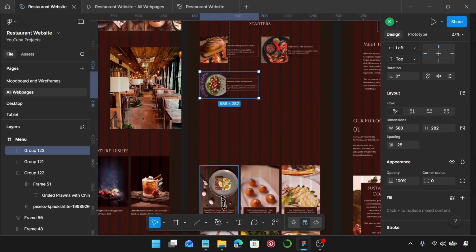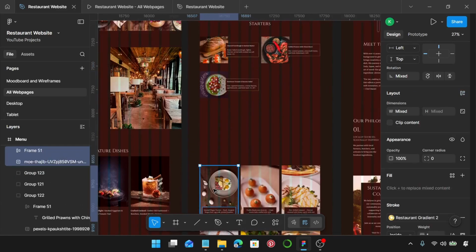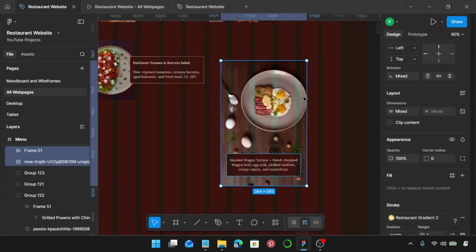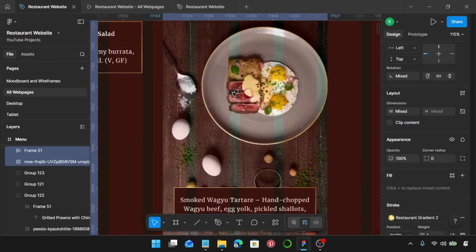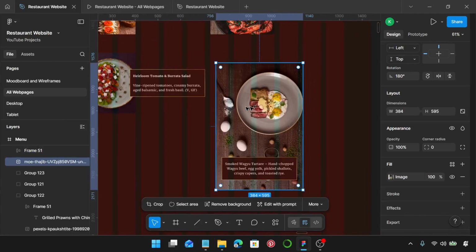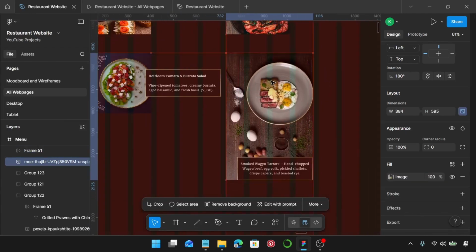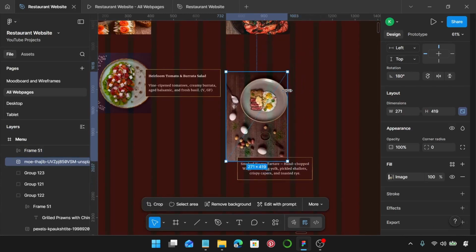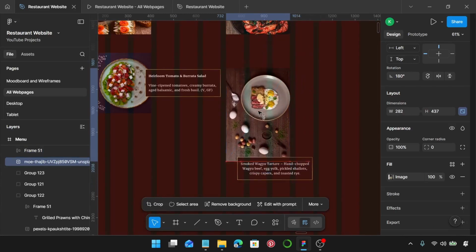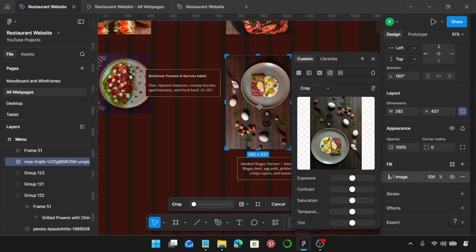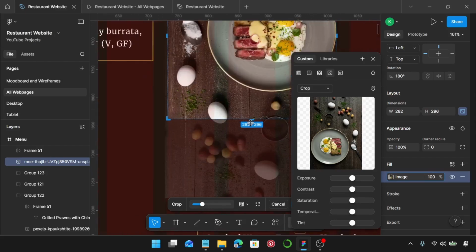Let's move on to the next one. So that's going to be this. Let me get closer, and I'm going to align this to the 3rd column, on 3 columns rather, and I'm going to double click on this, reduce the height to 282,